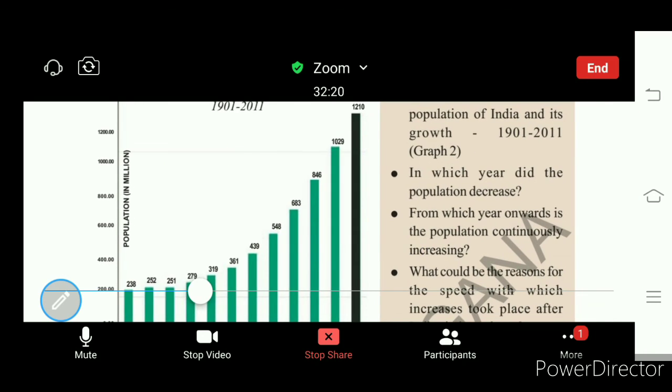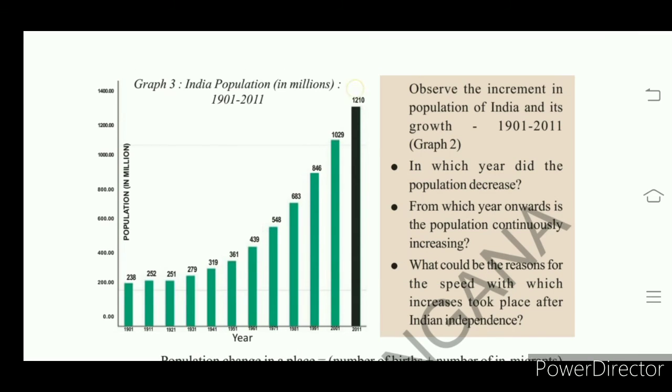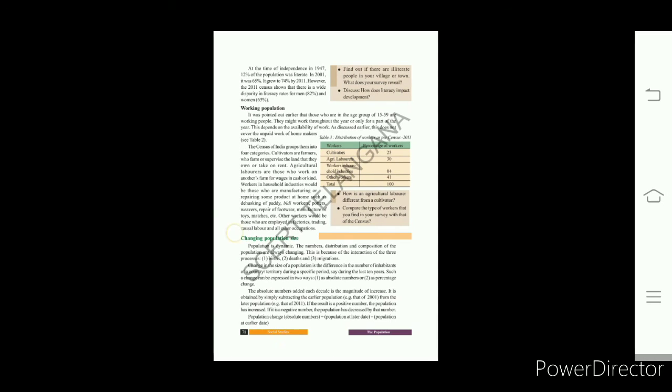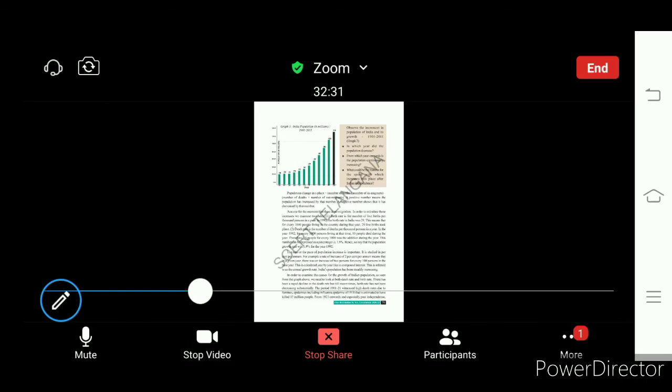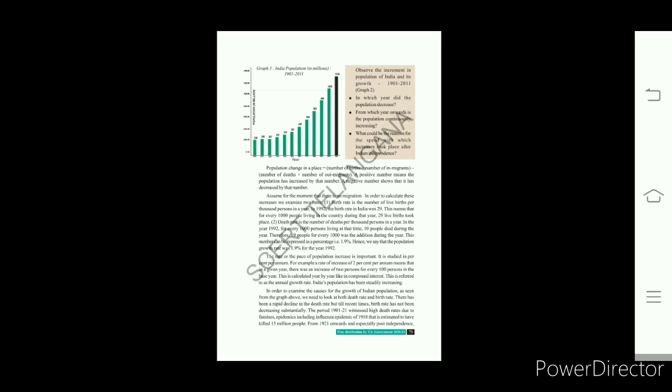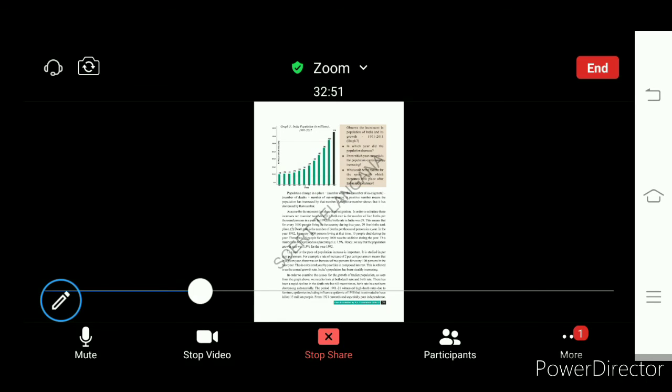Right? Let me show you that. 121 millions is the population growth. So India's population increased steadily. Understand? So to examine how this population increased, we have to find the birth rate and death rate, and some other reasons also. This we'll see in the next